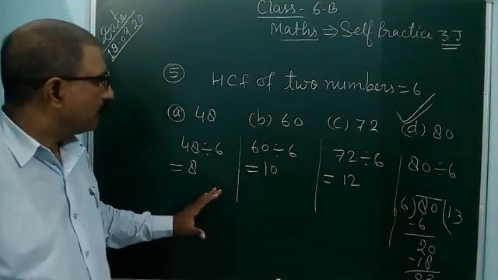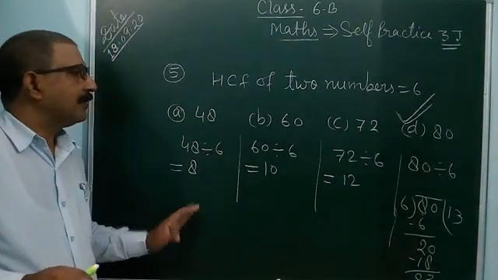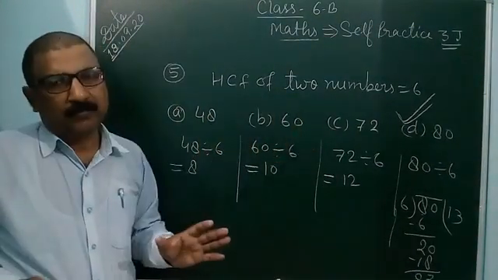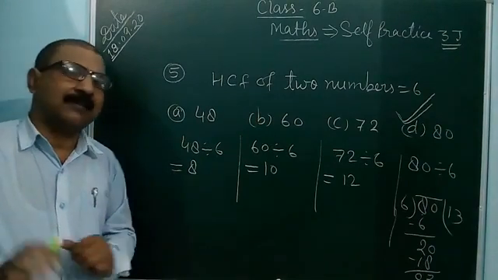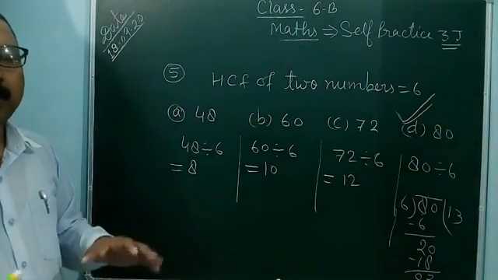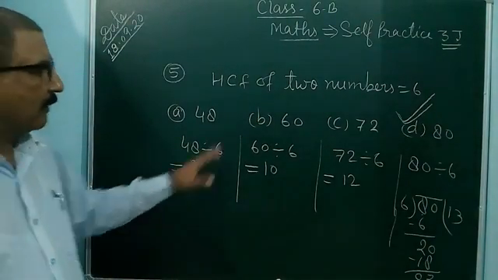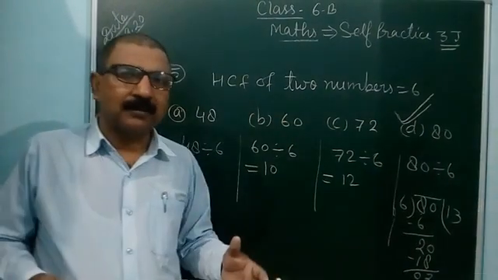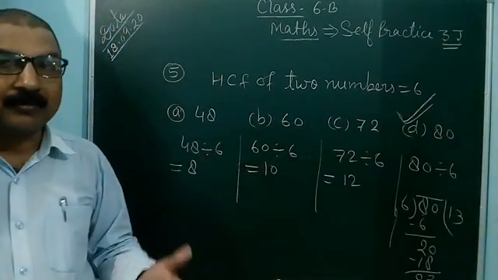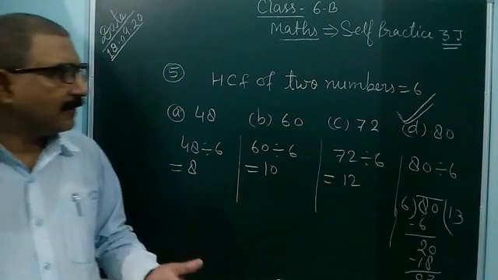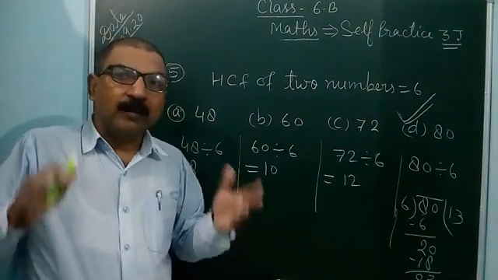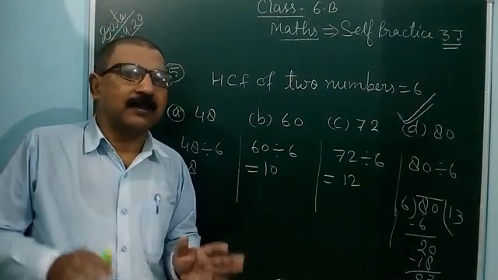So that's okay. You can understand it like this. If the numbers are divisible by the given SCF, then they can be the LCM of the given numbers. But if the numbers are not divisible by the given SCF, then the remainder is not 0, and you can say that number will never be the LCM of the given numbers.